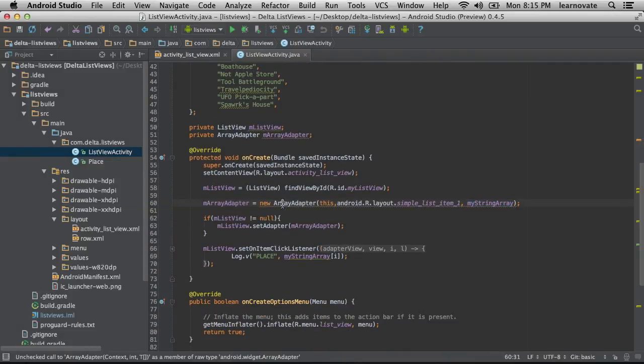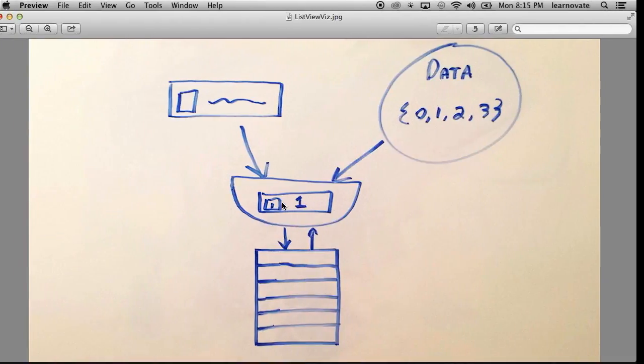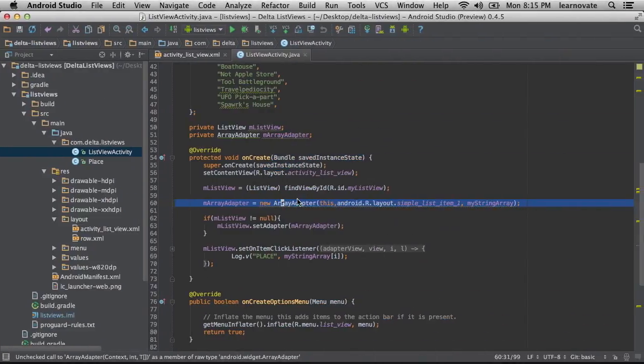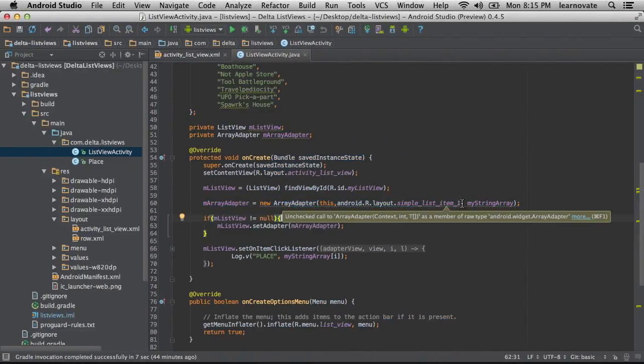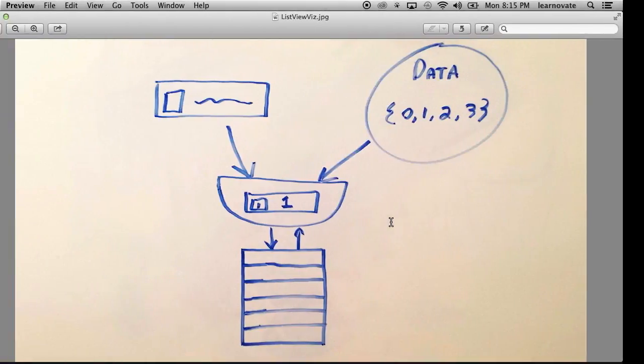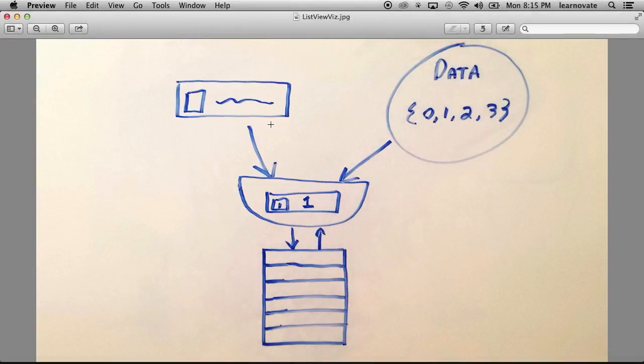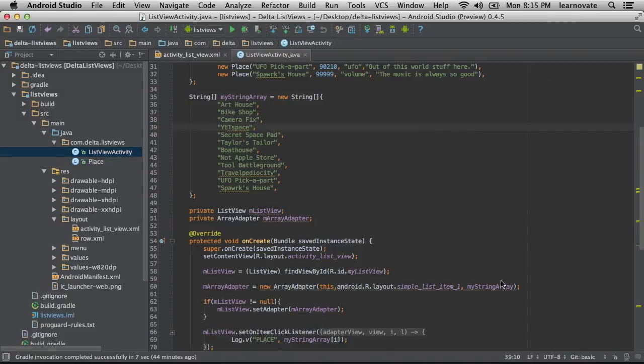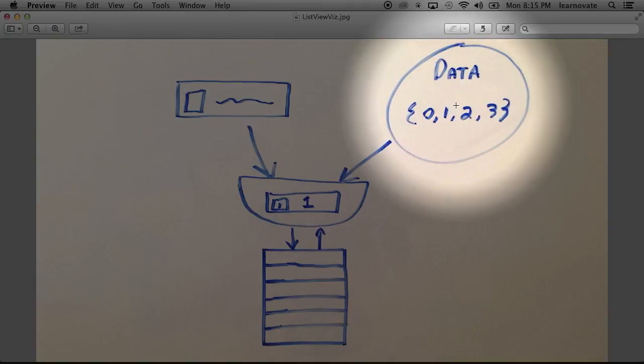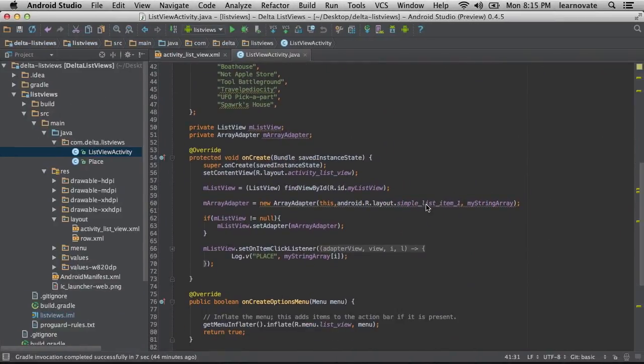Okay, so we've identified that our adapter here is here. We can identify that this row XML is somewhere in the system, and that's the component here that we need. And we have my string array, which is an array of strings defined here, which corresponds to, of course, our data. So, after getting a reference to the list view, and creating an adapter and plugging those three components in,